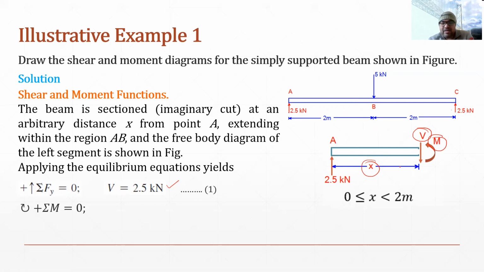So in this case, again, we will take moment about the section where we have cut the beam. So about this point, the value of V will be 0 because it is passing through this point only. So the moment created by V will be 0. Now we will be having two moments. One will be the moment due to this force and the second one will be the moment acting at the section. So this force will create positive moment. So this force will rotate about this point as clockwise. So this will be creating the positive moment.